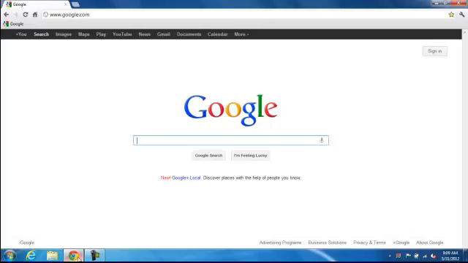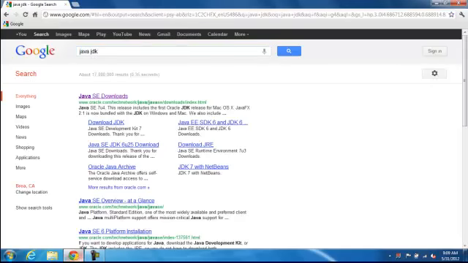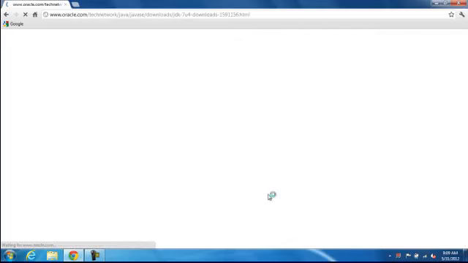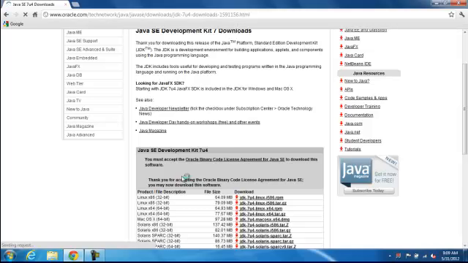First thing we want to do is download the Java JDK, so I'm just going to Google Java JDK. First thing that comes up is the Oracle website. So once we're here, we want to go to the Java JDK download. I've had problems with this in the past with the Android SDK not being able to define the executable of